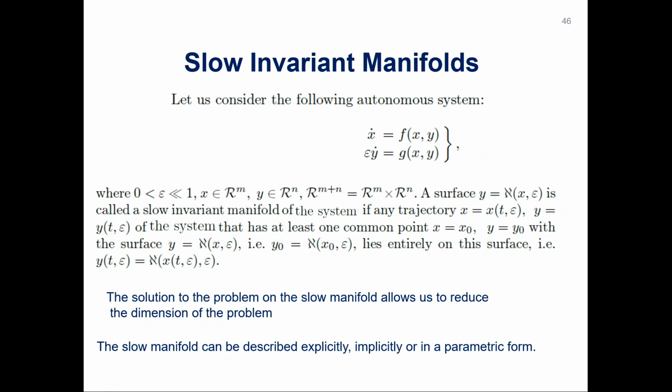So if epsilon is sufficiently small, then we don't really need to solve this second equation. The solution to the second equation could be something very simple, namely the algebraic equation G is equal to 0. So in this case, we reduce the dimension of the system, and it reduces quite considerably. And if epsilon is small but not close to 0, we still can find this